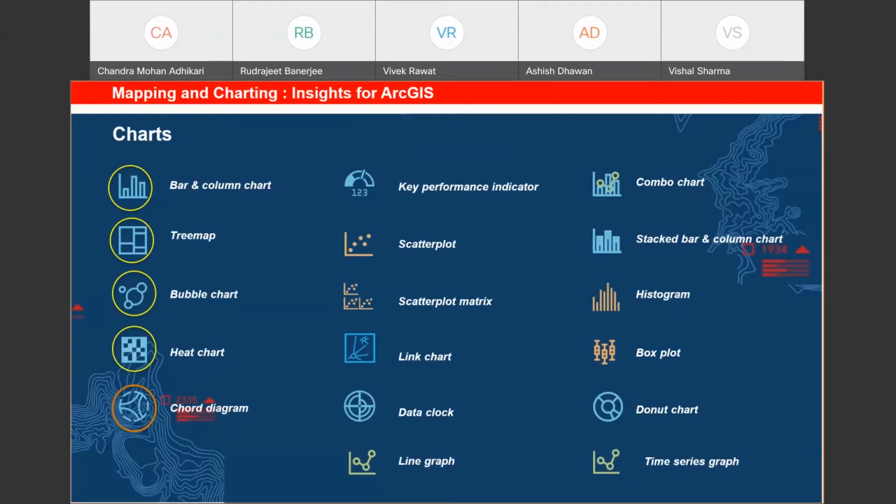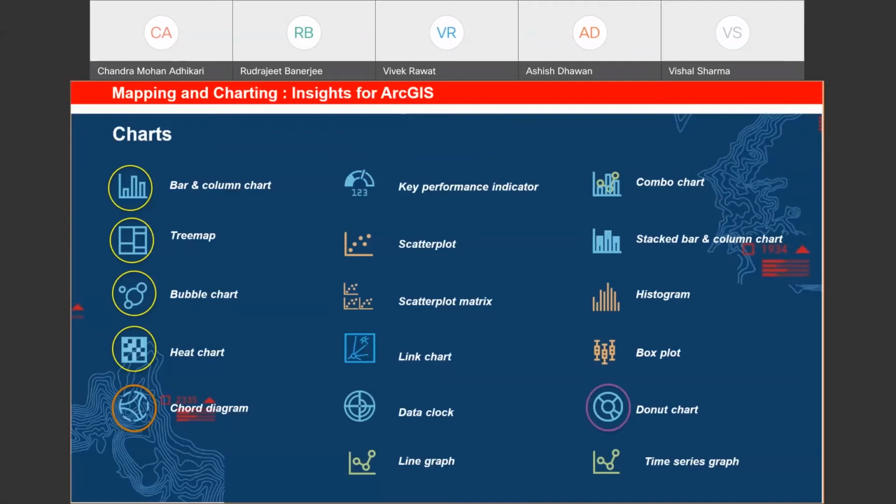Chord diagram is another way to answer your queries with respect to time. Say, for example, there is an insurance company and the owner wants to know which types of policies his company is offering, which kind of insurance they are getting mostly, and within which time period they have got it. Such kinds of queries can be better answered using chord diagrams, which best reveal the interrelationship between the categories, how the several categories are related to others with respect to different time sets for you.